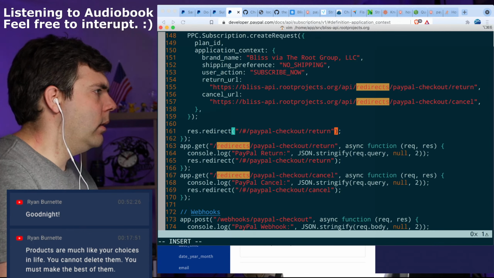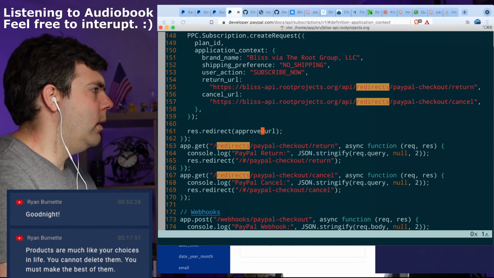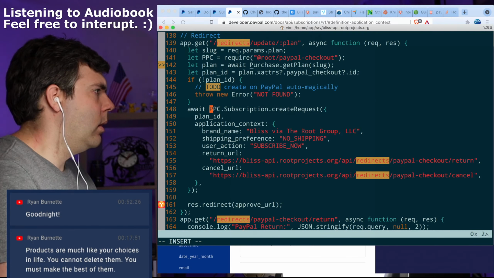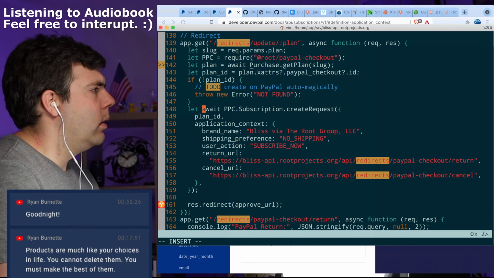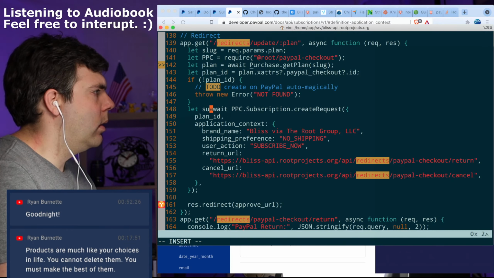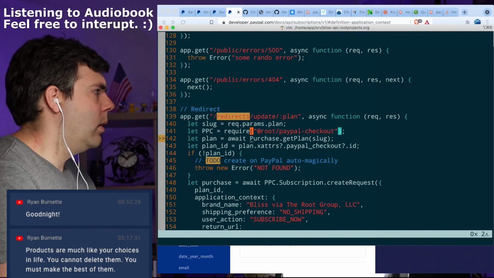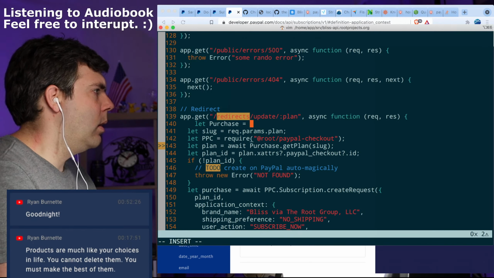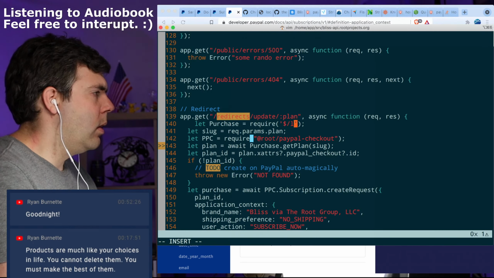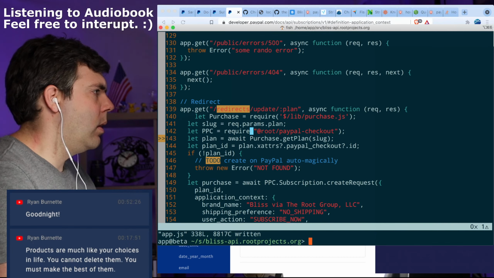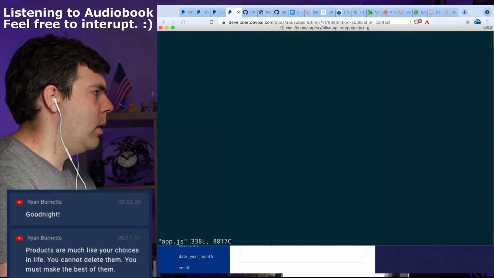All right, so this redirect is going to end up being approve URL. Okay, cool.